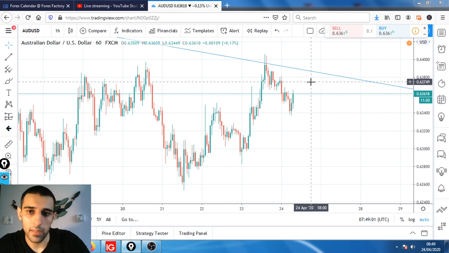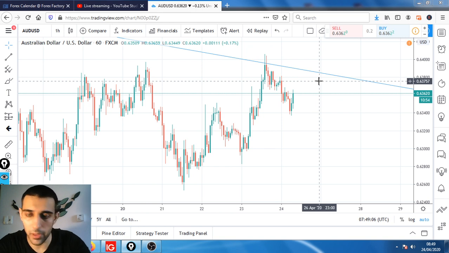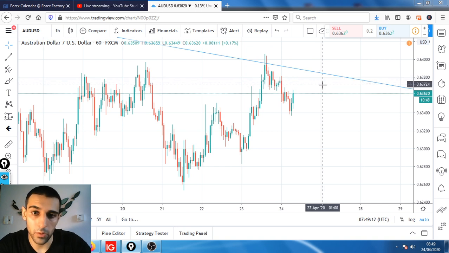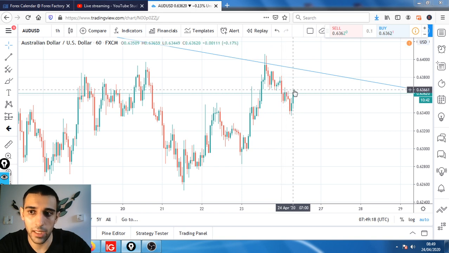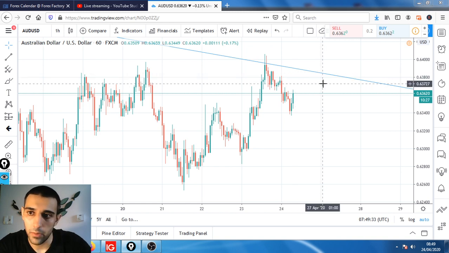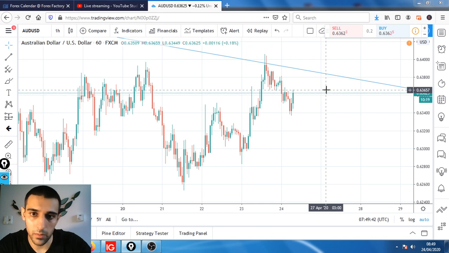So if the price comes up to 63.75 and closes nicely, a strong bullish candle, and demonstrates that strength, then we'll be looking for the retracement towards around this area where we got these spikes. So 63.65. Ideally, the price comes down and takes out these spikes here, then we get onto the downside. So as for the targets, we get onto the 63.65, and for the stop losses, we can use a tight stop loss in here,